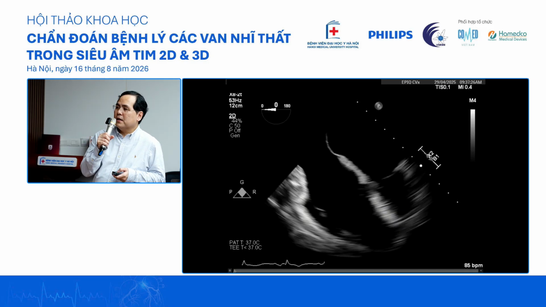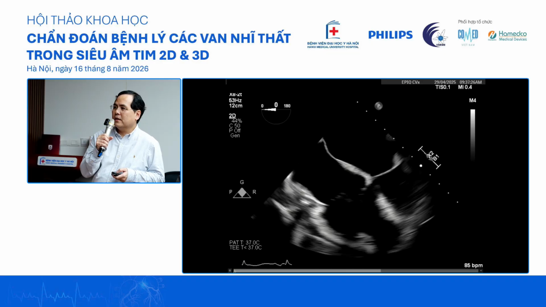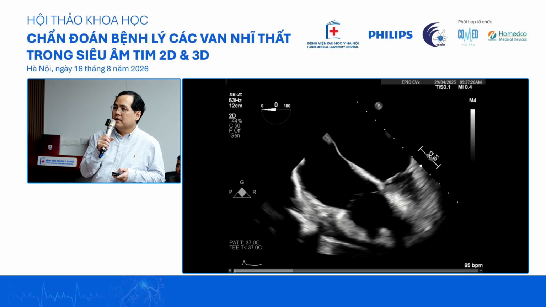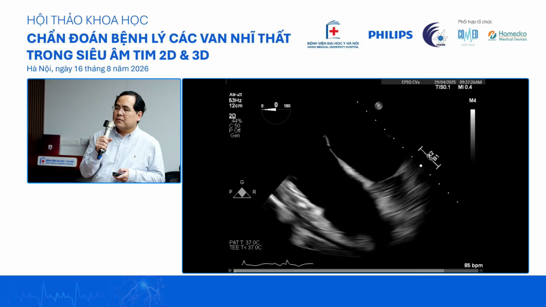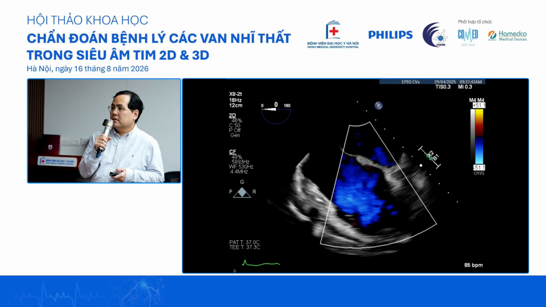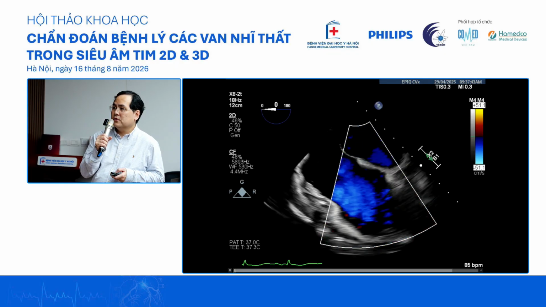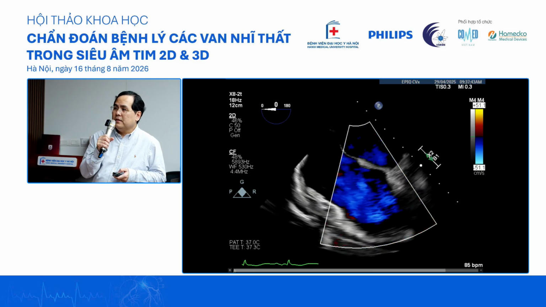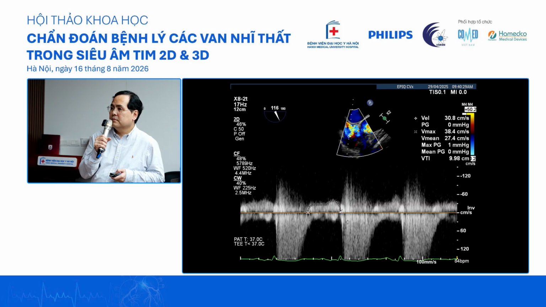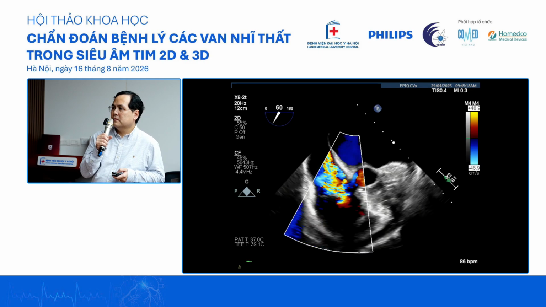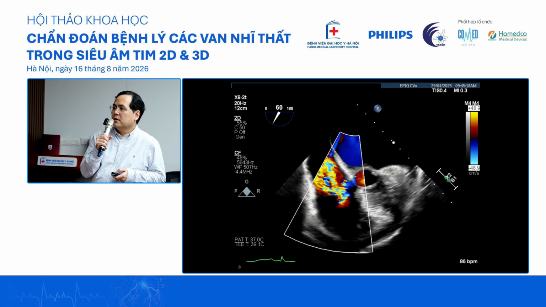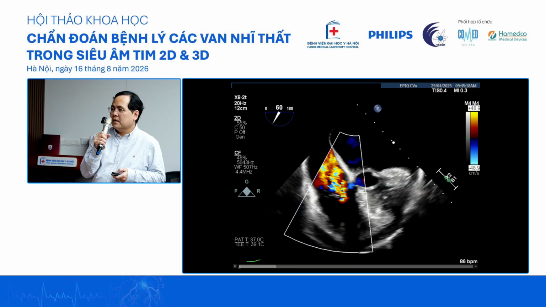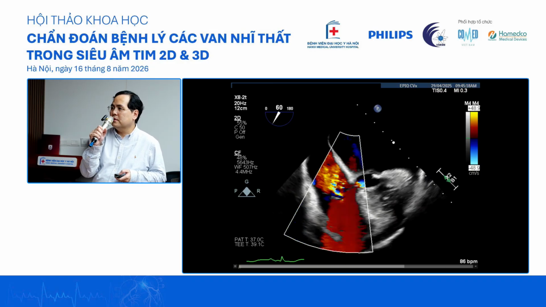So this is the mid-esophageal four-chamber view. You can look at the septal and the anterior leaflet. If you go in deeper, you can get the septal and posterior leaflet. Okay, so to get the tricuspid regurgitation, use color Doppler. You can do a mean gradient here from the CW signal. In this case, the gradient is less than 1. So you get the septal leaflet and the posterior leaflet.